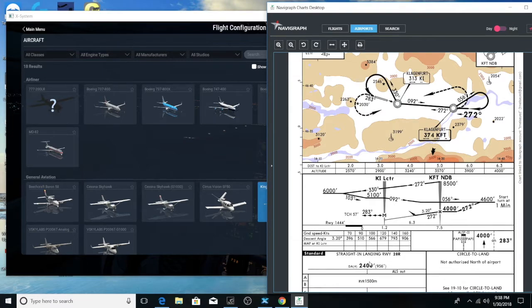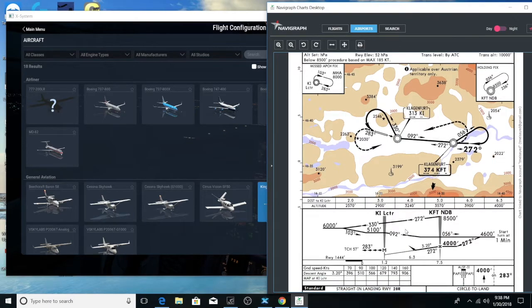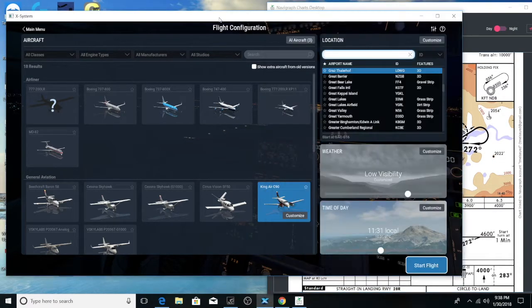And at that point, if we see the runway, we continue our descent until we are over the NDB Kilo India right here. And at that point, we have to turn into direction 283, which is the direction of the runway, 28 right. In order to make it more interesting, if we go into explain, what I did was with